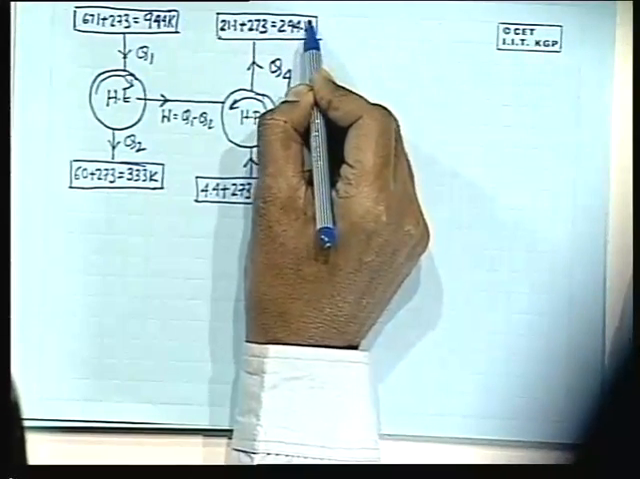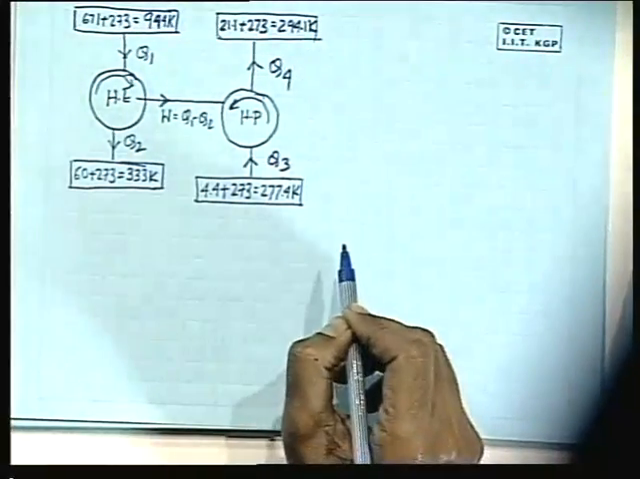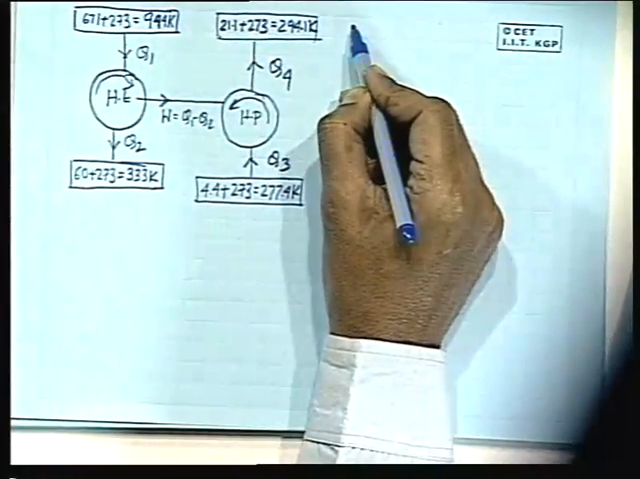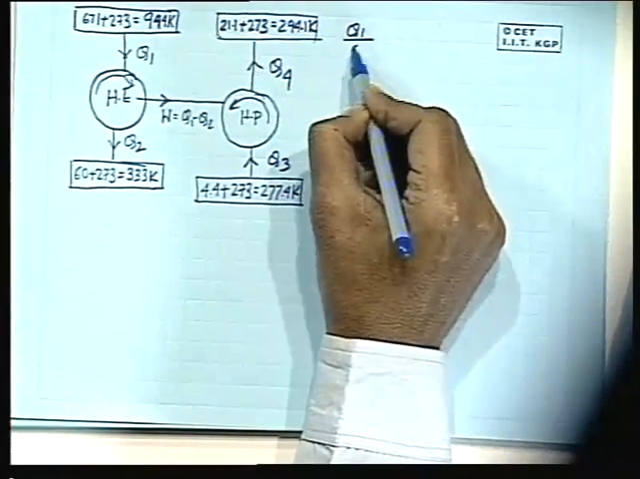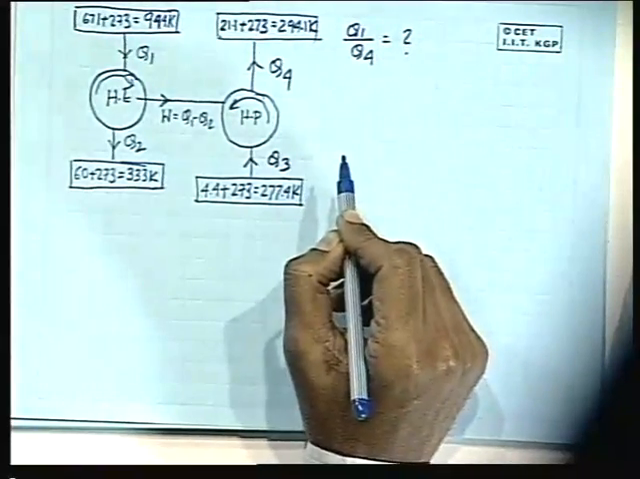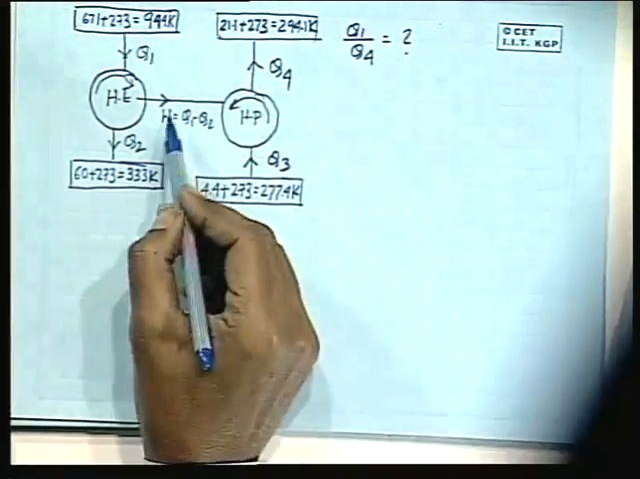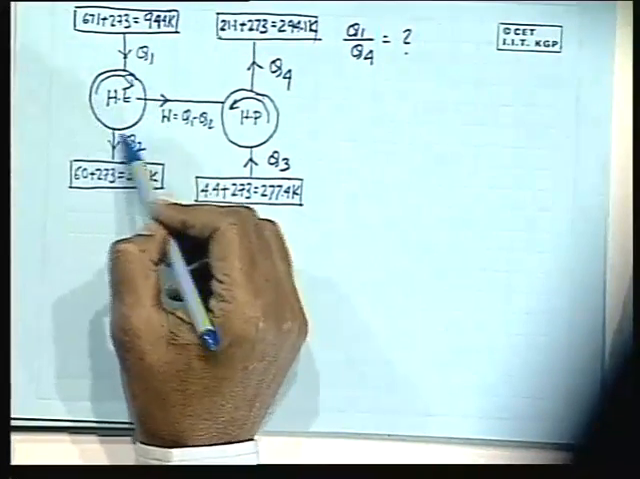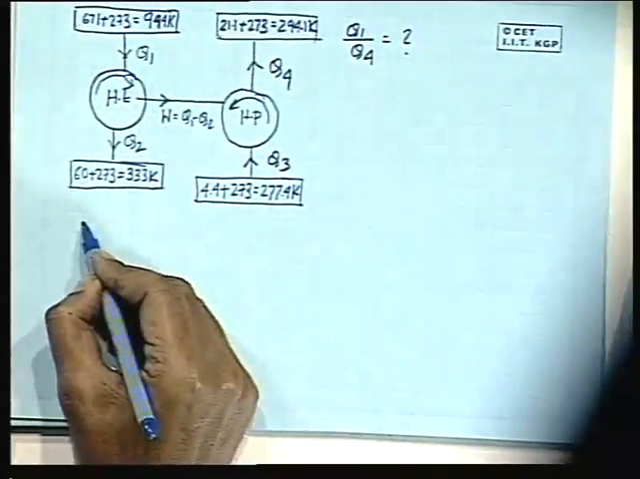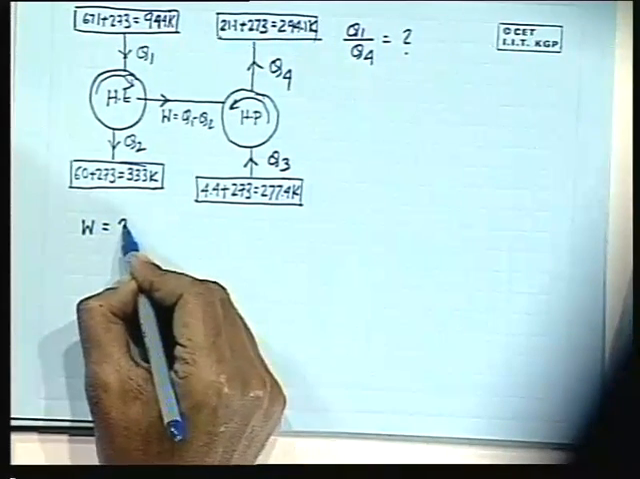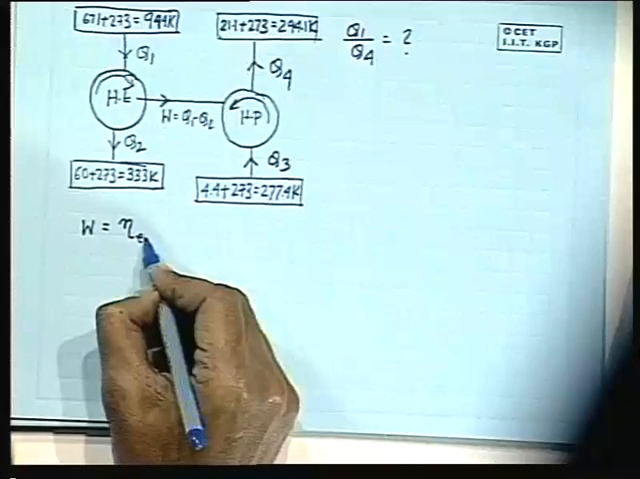294.1 K. All right. Now, what we have to find out? We have to find out what is Q1 by Q4, that is to be found out, Q1 by Q4. Now you see the efficiency of this engine is 50% of the Carnot's efficiency. So, therefore, work, now what is work here? Work is eta of this engine, eta engine